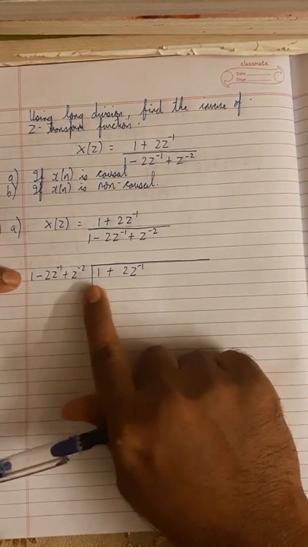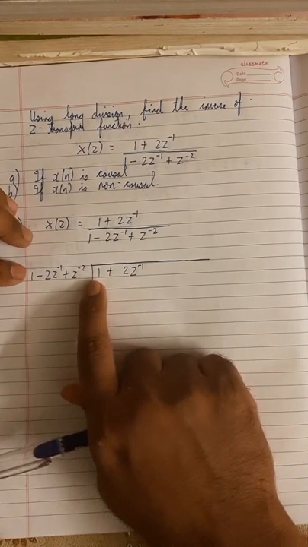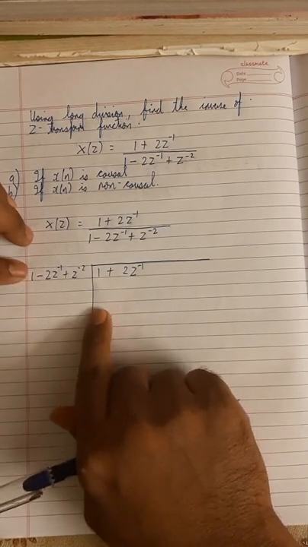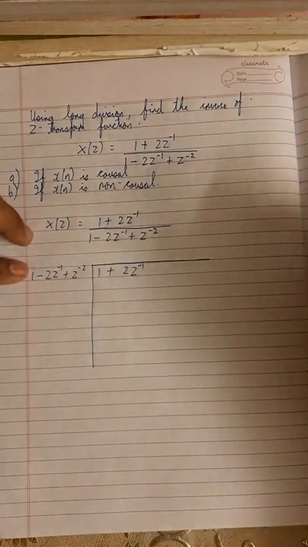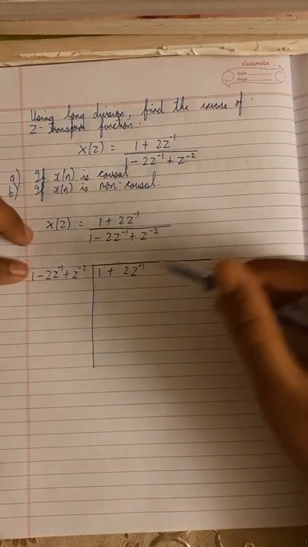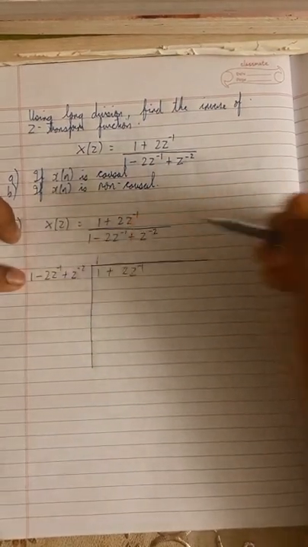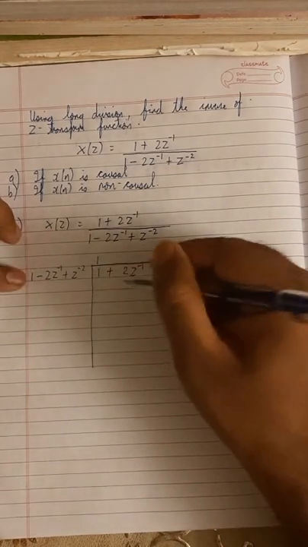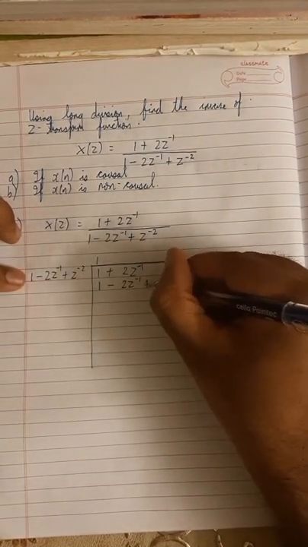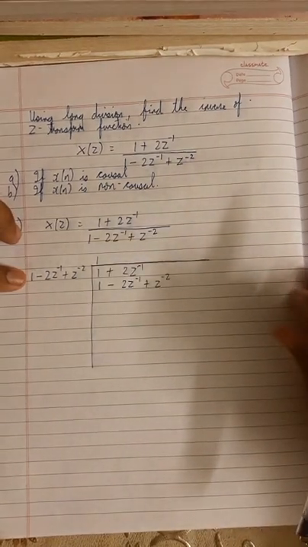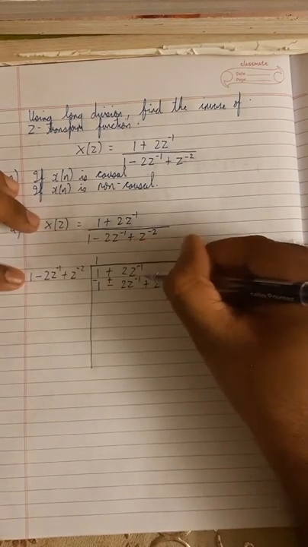All you have to do is aim for the first term to become 0. Whatever value you need to give over here, such that when you subtract it, the first term becomes 0. That's how you find the division. So here, if I want to cancel out this first term, I just need to multiply the divisor with 1. And when I multiply it with 1, this will become 1 minus 2Z inverse plus Z raised to minus 2. Then I apply the subtraction,